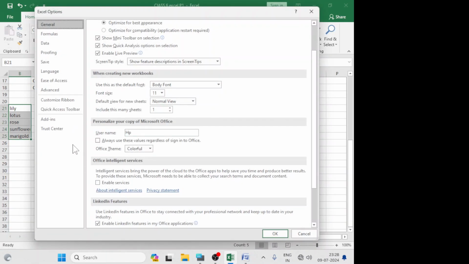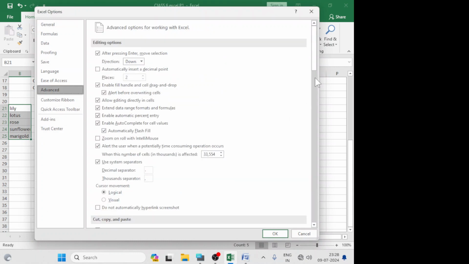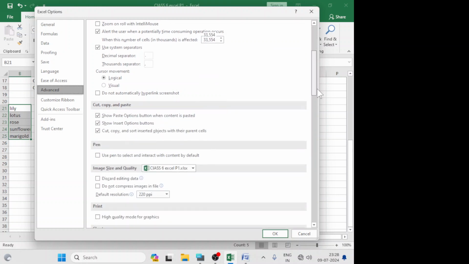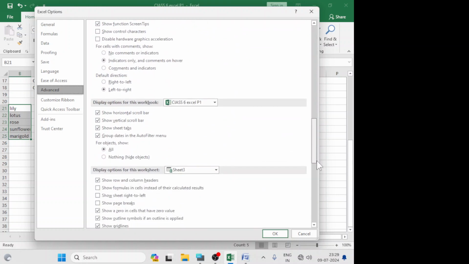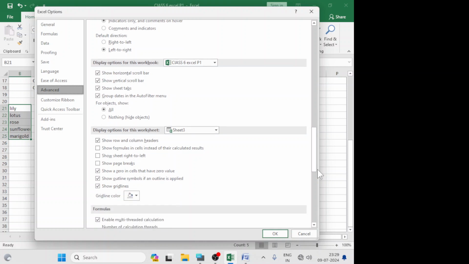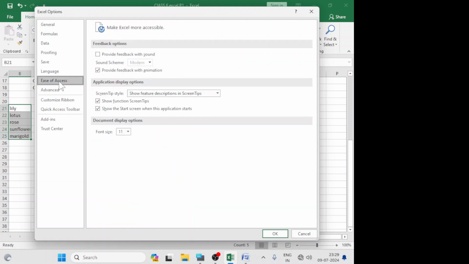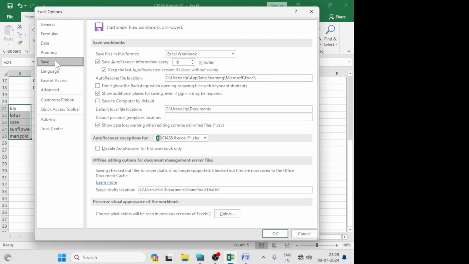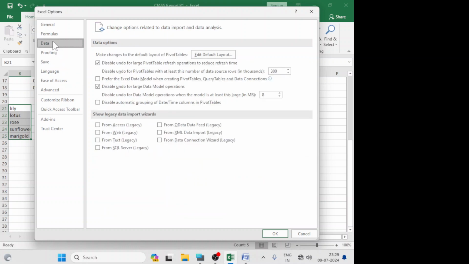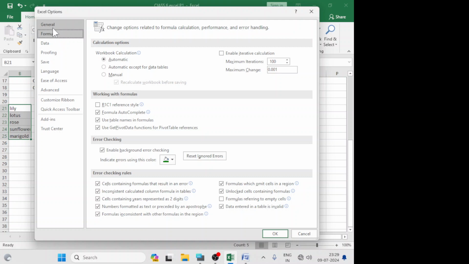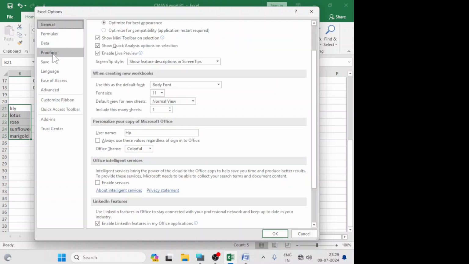In Options, you click on Advanced. There are save, proofing, data, formulas, general, so many things.